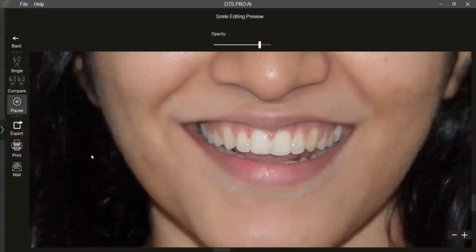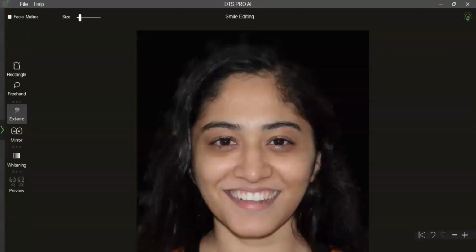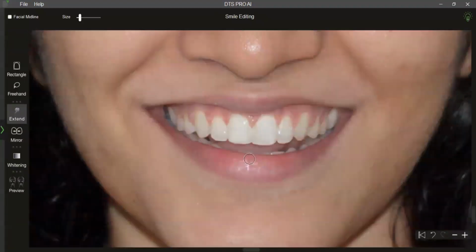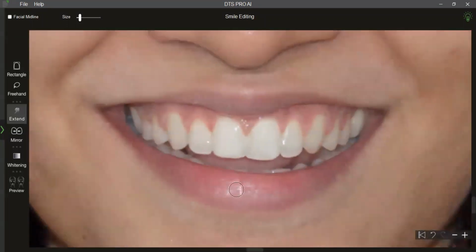So this becomes a good visual tool for patient communication. Right? So that's the extend tool. On the screen, there are selection tools too. So for example, if I have to increase the length of these teeth, I can just